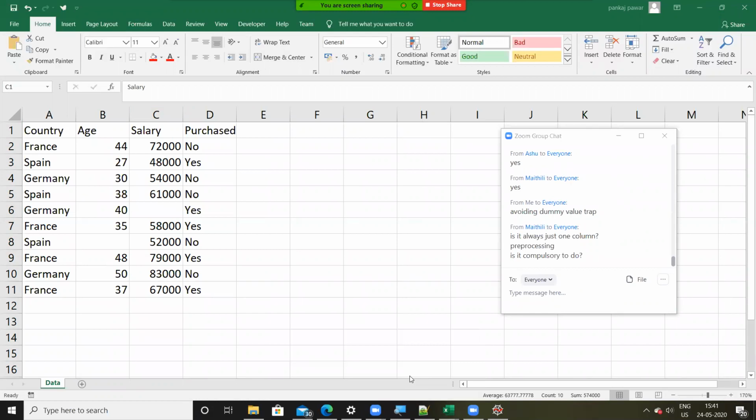Yes, it's compulsory to do so. If you don't do it, you are going to get wrong results because of the duplicate values. Instead of saying compulsory, it's better to avoid it. Otherwise, it will affect the performance of the machine learning model if you don't remove it.